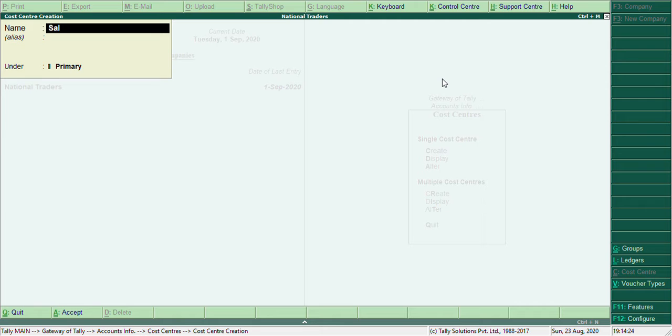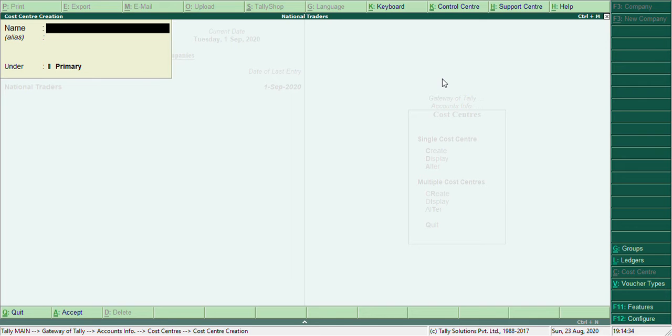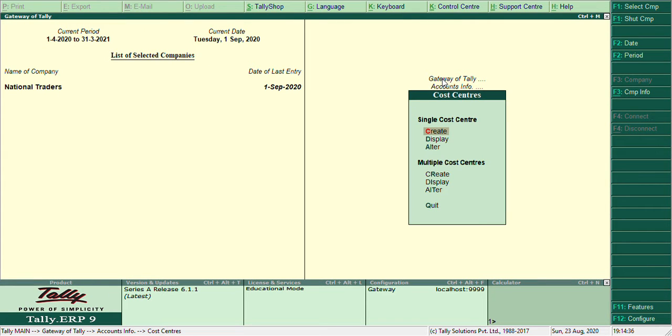Same way, salesman C under the marketing department. So this way you can create all these cost centers. This is the creation of a cost center under single mode.